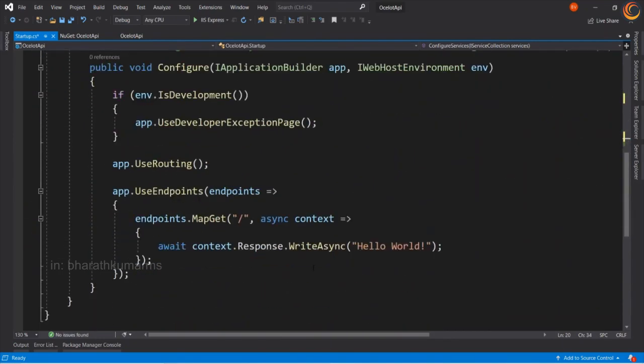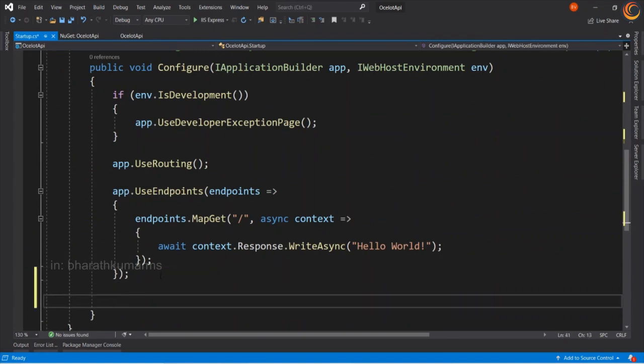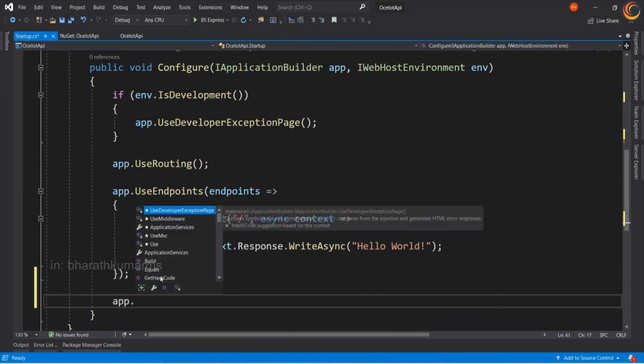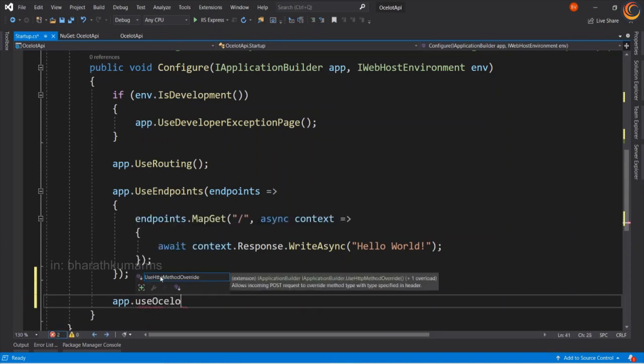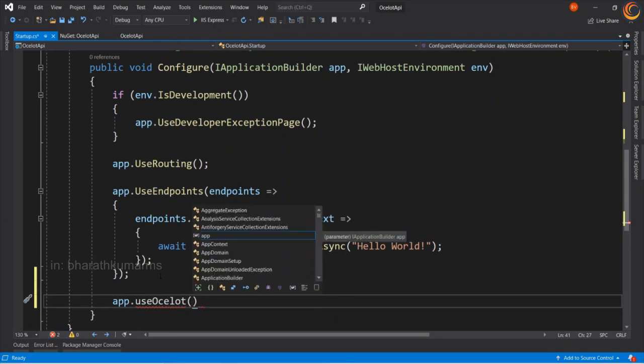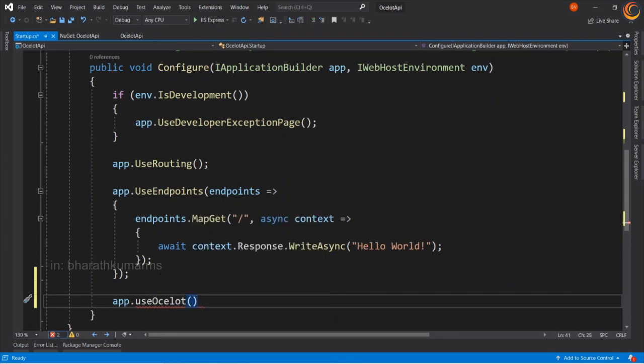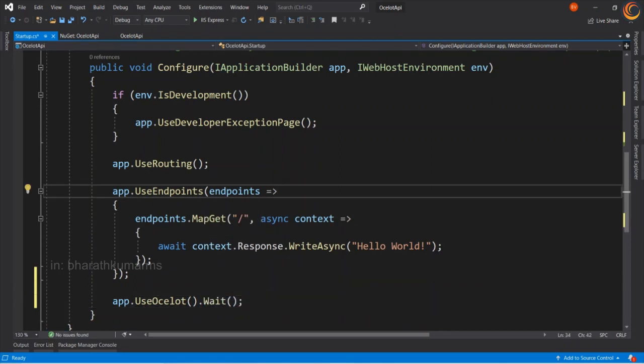That's it, and then come down here and app.UseOcelot. Add the dependency for middleware and wait. The startup is done. Let's save it.